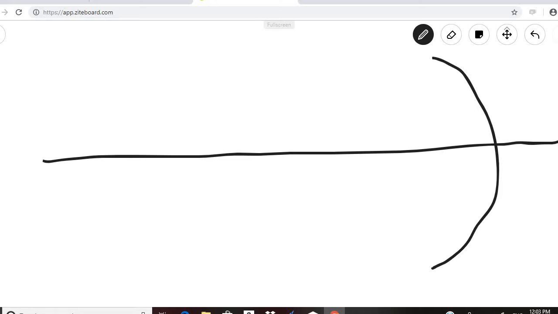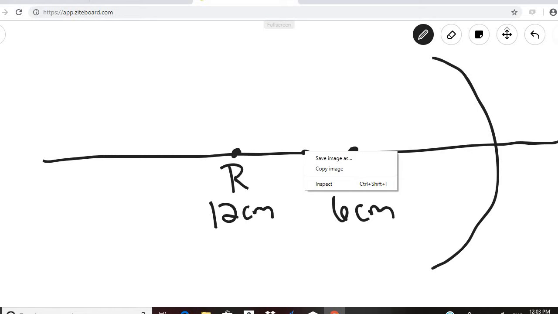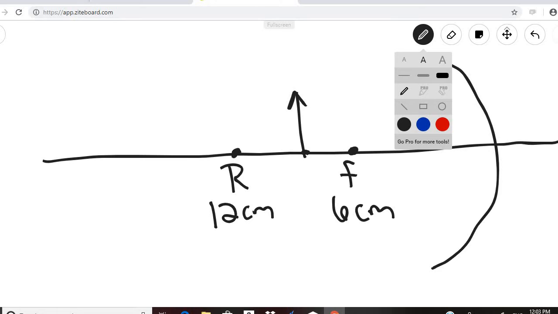Okay, that's better. And the radius of curvature is 12 centimeters. So if we say this is 12, that's our 12 centimeters. So that means that the focal point is 6 centimeters, and our object is going to be 7.5 centimeters, so it will be right about there. So there will be our object. Okay. So then we look at the